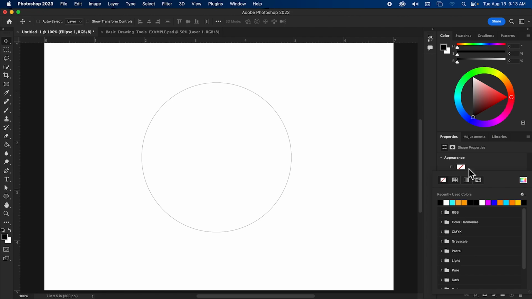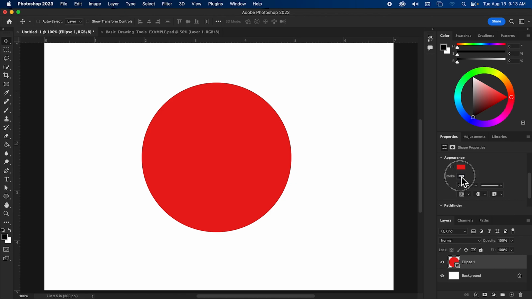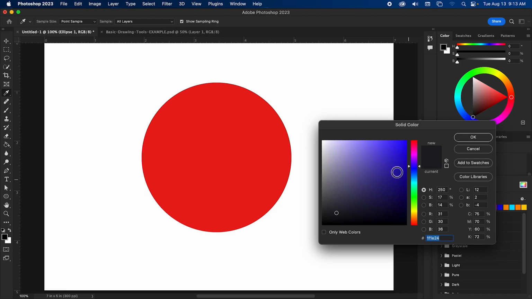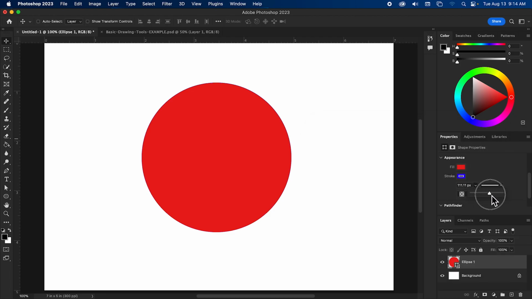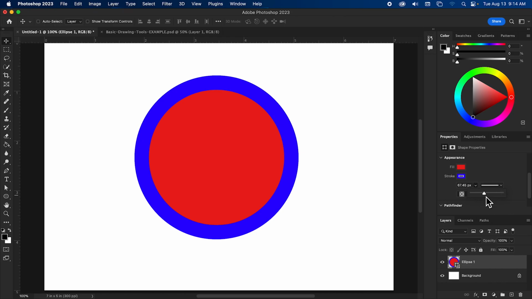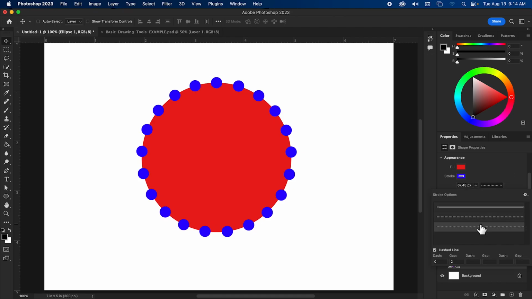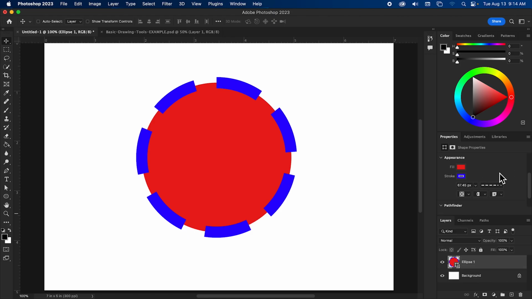Appearance is going to be the color, which is the fill, and the stroke. So you're going to click here on this box. I can change the stroke color. For the stroke, you can also change the size. Ow, that hurts to look at. And you can change if you want it to be dotted or solid or dashed.